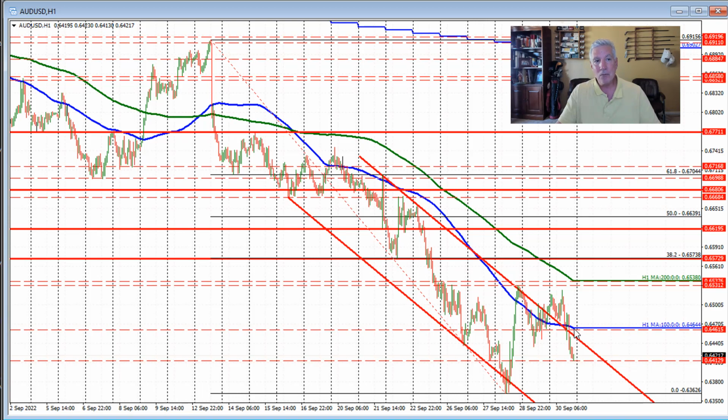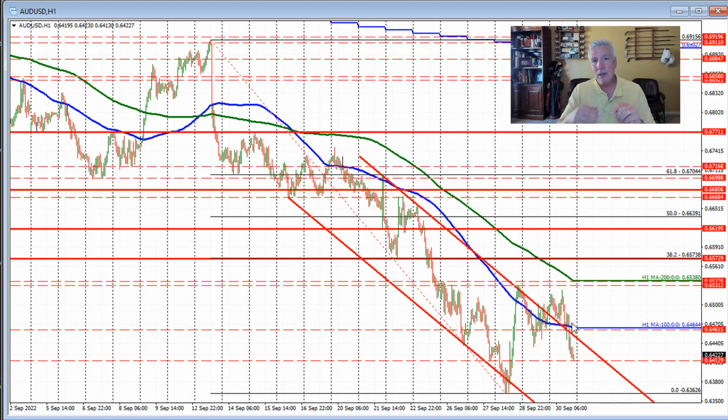It's right near the 100-hour moving average. So that increases the level's importance going forward. Not only do we have the 100-hour moving average there, but we also have the 61.8% retracement off of the longer-term daily chart. So this is going to be our key level going into the new trading week and going forward. As long as the price can remain below that level, the bias remains to the downside. If we move back above it, we'll give the benefit of the doubt, at least in the short term, okay?